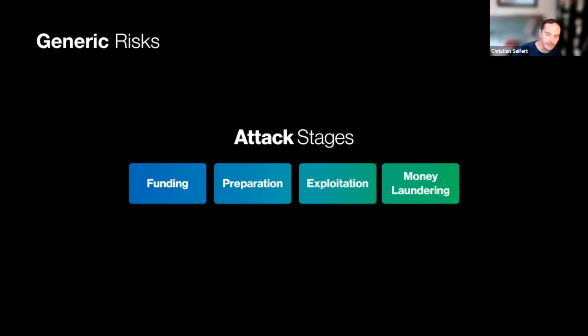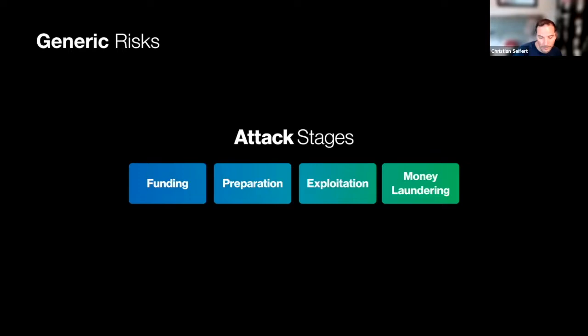So funding is really, from an attacker's perspective, what does the attacker do? First, the attacker needs to have some funds to pay for transactions. Then they prepare an attack, and that could be deployment of an attacker smart contract. I actually just yesterday analyzed exploits, and it turns out that 40% of attacks involve a smart contract deployment by the attacker. Then they exploit the protocol, and after they've stolen digital assets, they move into the money laundering stage.